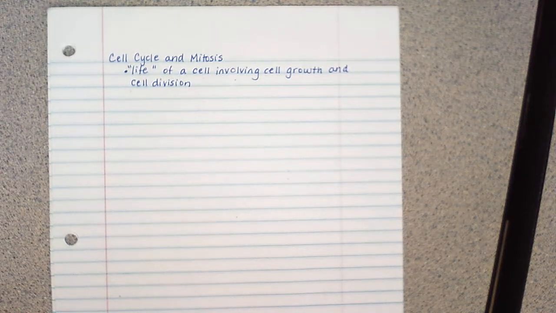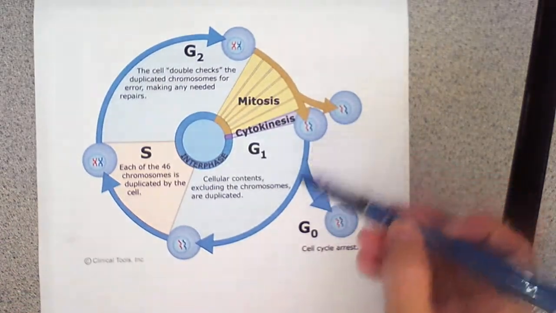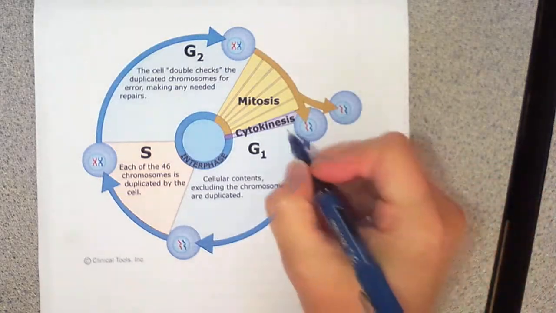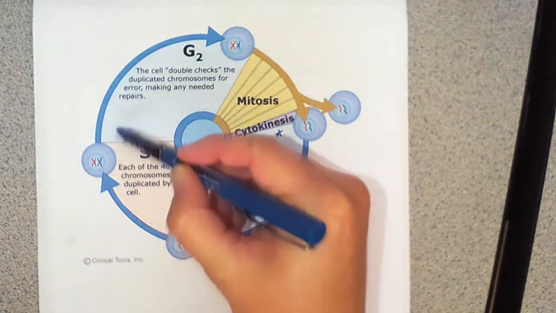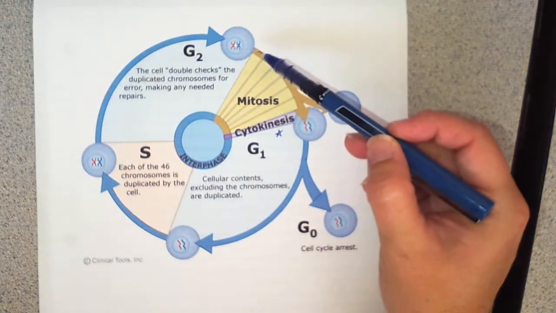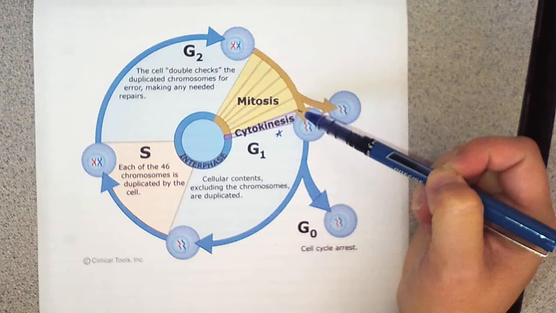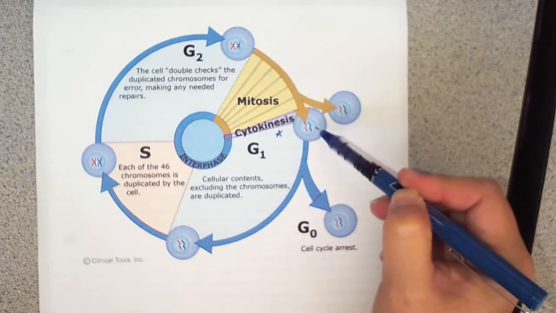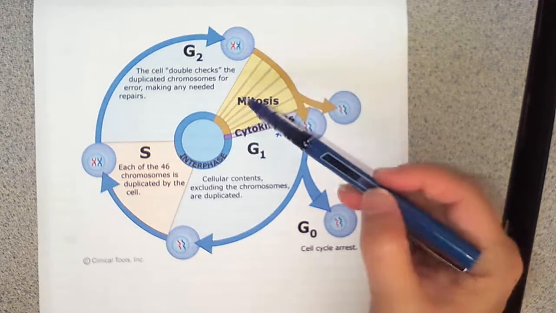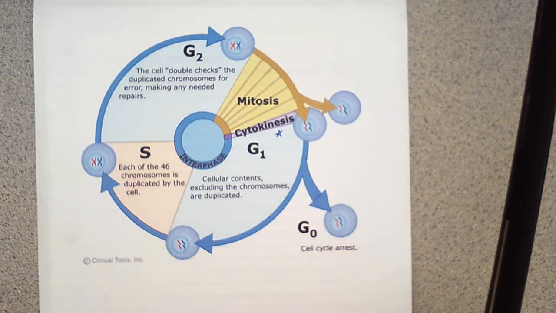I'll give you a little bit of a visual, and I'll be coming back to this here in a little bit. This is kind of what we're talking about. So think of it as a cycle, with the beginning of the cycle being here, and a cell would start to grow and go through normal cellular processes and get to a point where it has decided to divide and go through a process that you probably already know as mitosis, with small little steps, called cytokinesis, where we end with two identical daughter cells. So this is what we're going to talk about today in the video. And like I said, I'll come back to this picture every once in a while so that we can take a look at it.